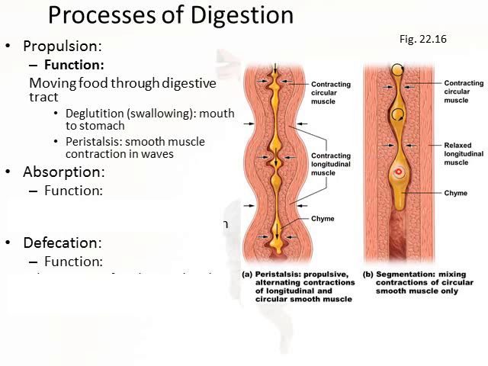And then this is showing segmentation, which I mentioned on the last one. And this one is really only using the circular muscle, not the longitudinal muscle. And as you can imagine, this food is being pushed down by peristalsis. It's going down, and then all of a sudden, one part of the circular muscle just pinches in right here